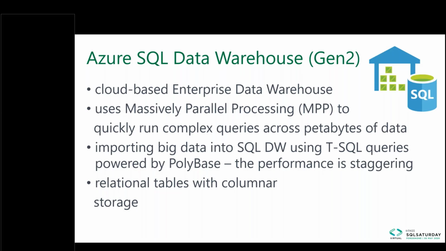You still use relational tables, but they are behind the scenes in columnar storage, and also they are distributed across, well, depending on how you scale it, but across possibly 60 compute nodes. So when you run a query, then what happens is the SQL Data Warehouse automatically translates your query into a query that is going to be run efficiently across up to 60 compute nodes, and over 60 different